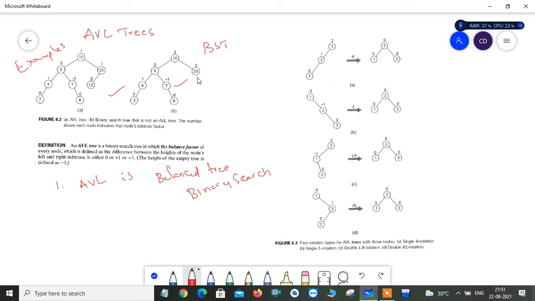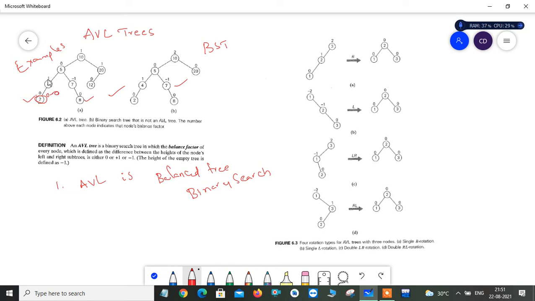The first thing is to see whether it is a binary search tree or not. Once it is a binary search tree, you have to find the balancing factor of the constructed tree. See here, this is a binary search tree, and this is how you find the balancing factor. This node is a leaf node, so it doesn't have any children. The left subtree height is 0 and the right subtree height is also 0. So 0 minus 0, this node has a balancing factor of 0, similar to this one.